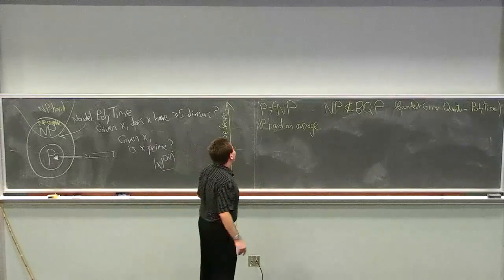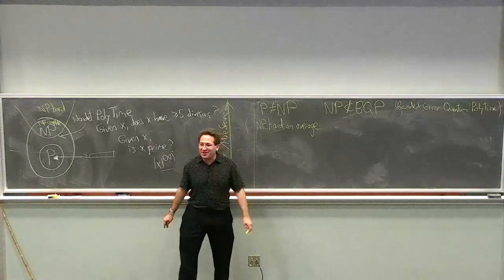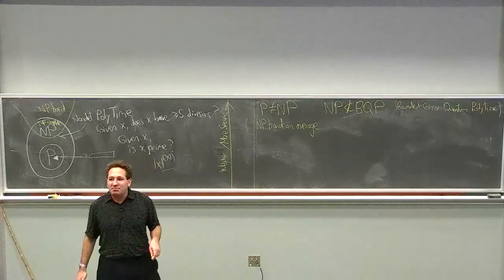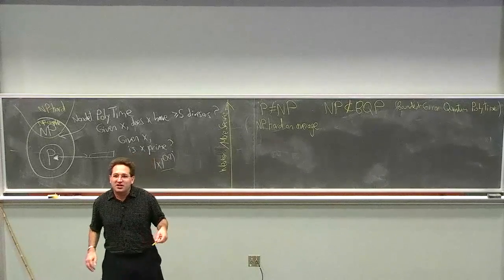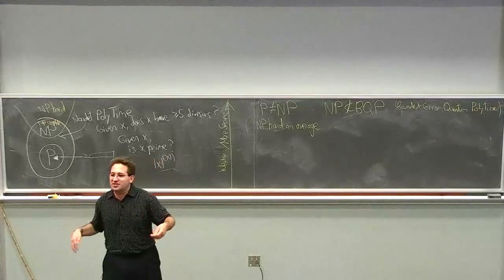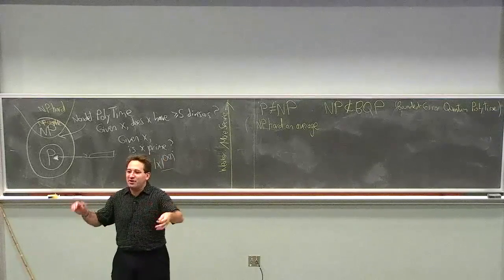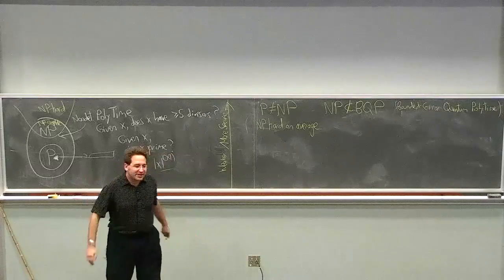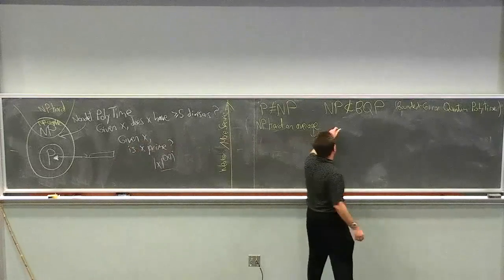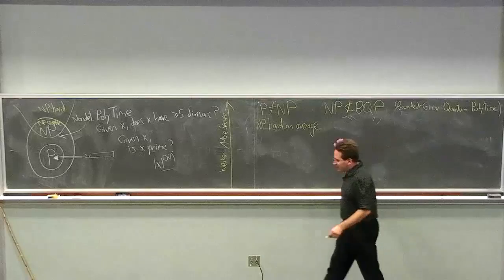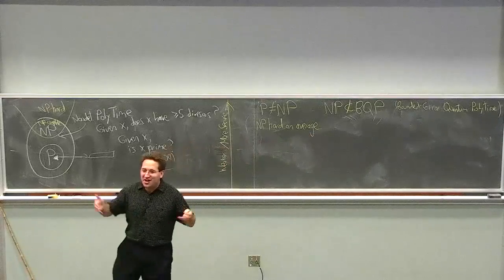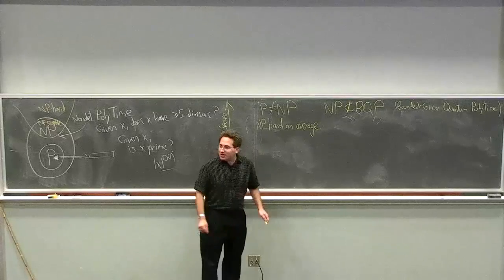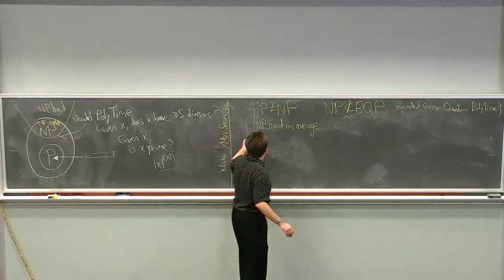So NP hard on average would say that not only does P not equal NP, but you actually have an efficient way to generate input instances on which any polynomial time algorithm will fail with high probability. And again, there are quantum analogs of all of this: NP should be quantumly hard on average. And we also believe that.